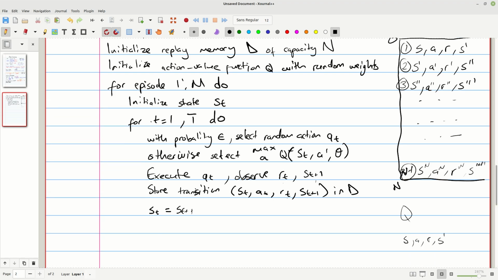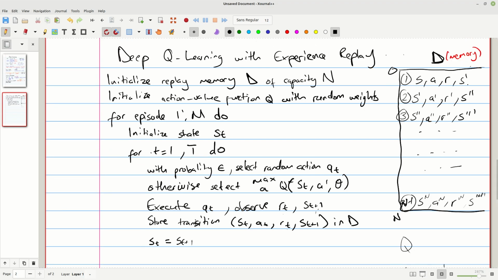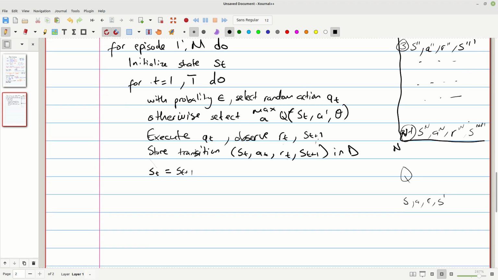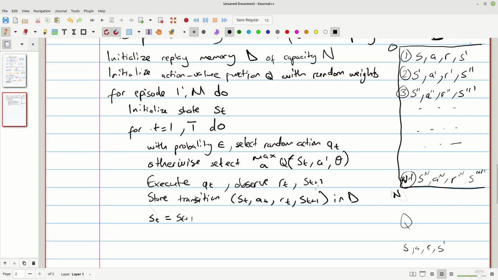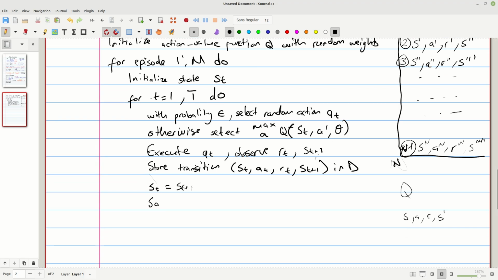So the idea here is that we started at some state, st, and then we took an action, observed a reward, ended up in a new state, st plus 1, and we stored this into memory. We store the next transition into memory, and so on. So we'll continuously do this, right? And we can do it at least up to n times in this case. And then after doing this,